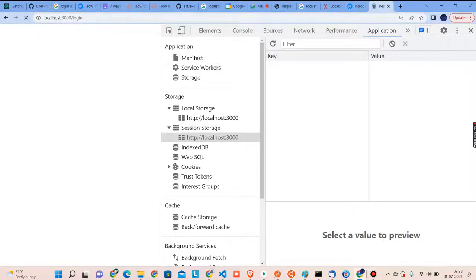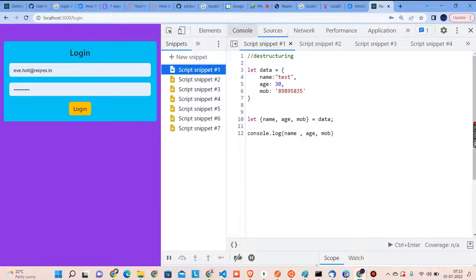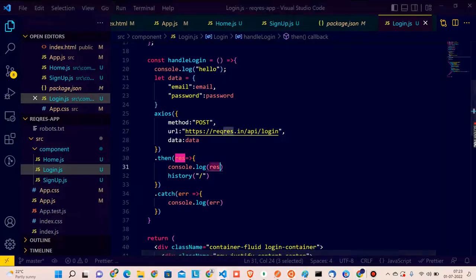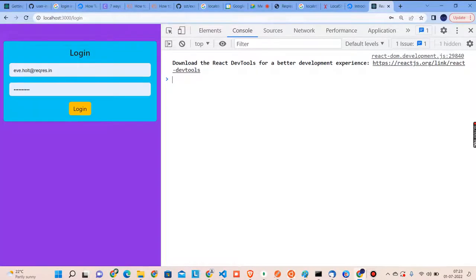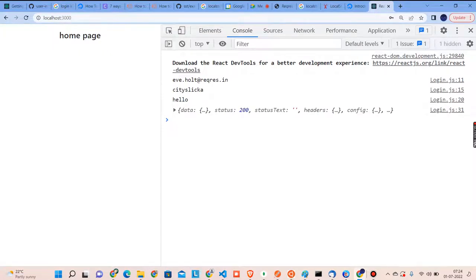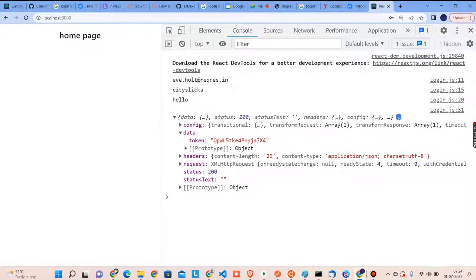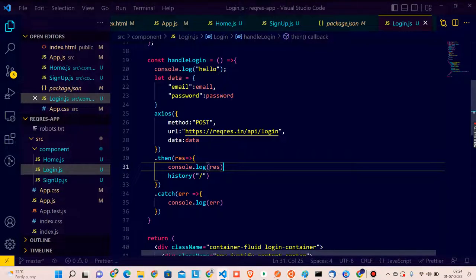Cool. We came to the login page. Now we have added, after login, one console line number 31. So first we will print this. Line number 31, you can see inside the data the token is coming. If you do one more time, data,